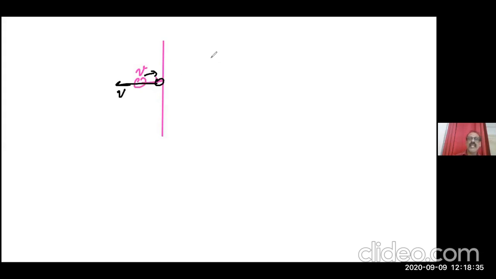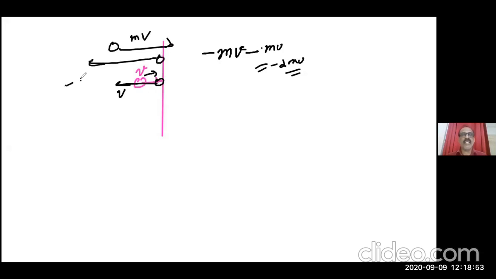Final momentum minus initial momentum. So mv minus of minus mv, that is 2mv, right? Yes, sir. Because while the ball is moving this side, it is mv. While coming back, it is minus mv. So final momentum is minus mv, initial momentum is mv. So minus 2mv. Sir, why is mv having a minus sign? Because initial mv